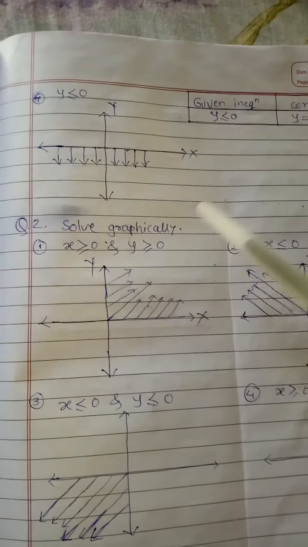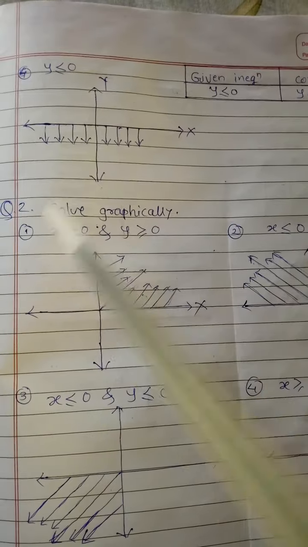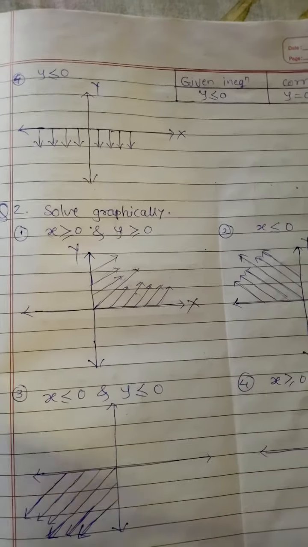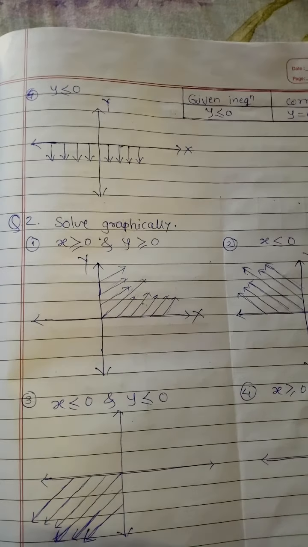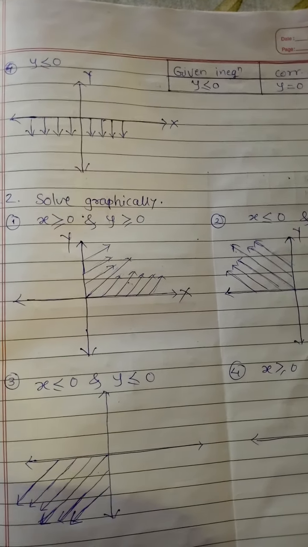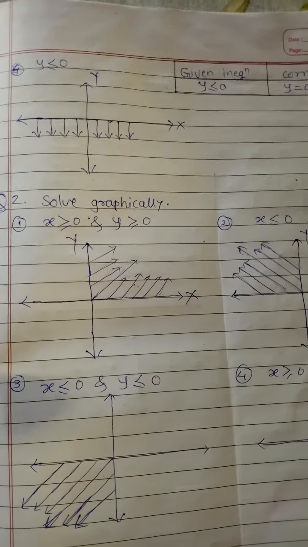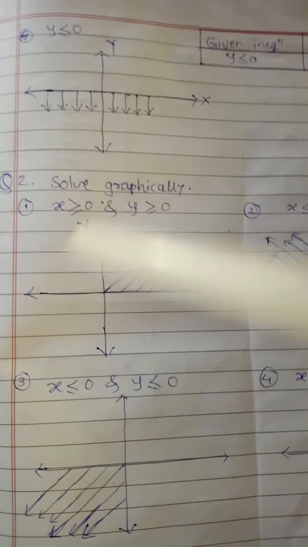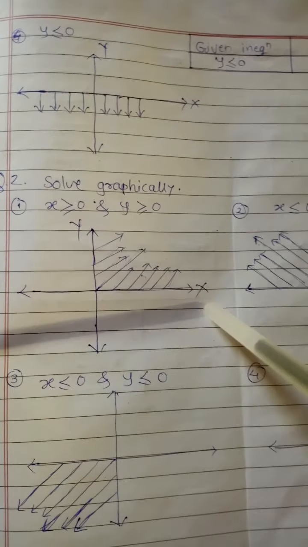Now the question number 2 of exercise 7.1. Now see, you have to show both the figures in the same graph. For this chapter there is no need to draw these figures on graph paper. You can draw in your notebook also. Now see, we just have to draw the x-axis and y-axis.